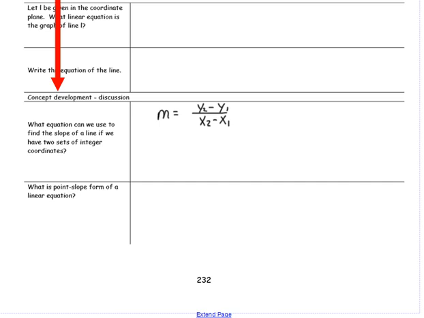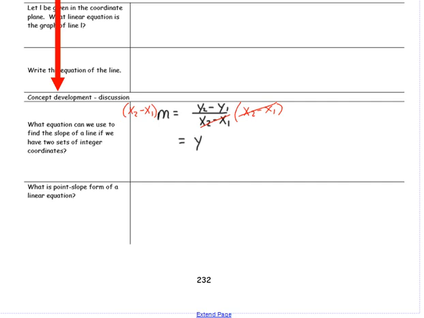Let's just keep going. What we can do is multiply both sides of the equation by the denominator. So that is x sub 2 minus x sub 1. On the right side of the equation, these cancel each other out because a number divided by itself equals 1, leaving us on the right side of the equation